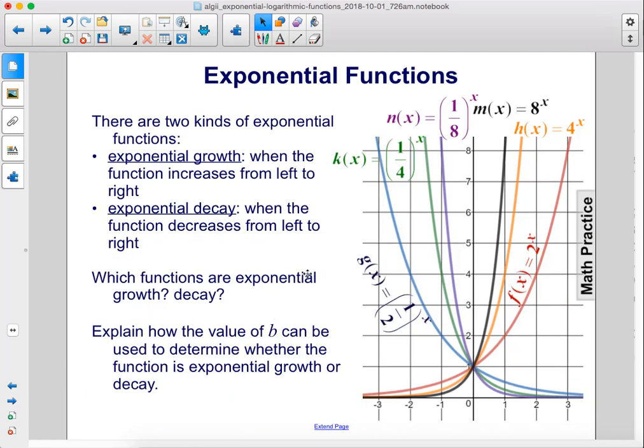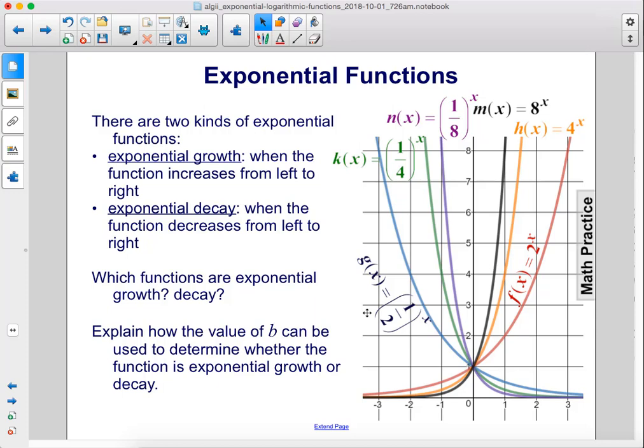There are two kinds of exponential functions: exponential growth, when the function increases from left to right, and exponential decay, when the function decreases from left to right. Which functions are exponential growth? Which are exponential decay? Explain how the value of b can be used to determine whether the function is exponential